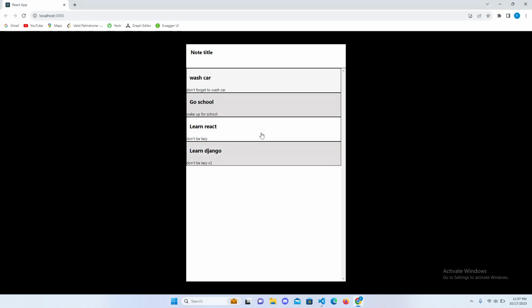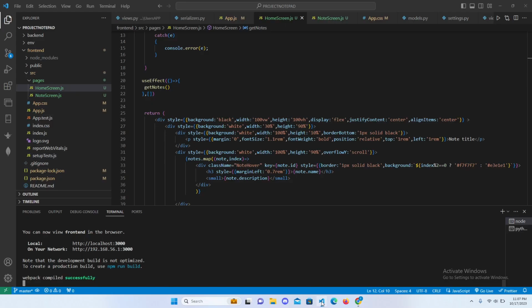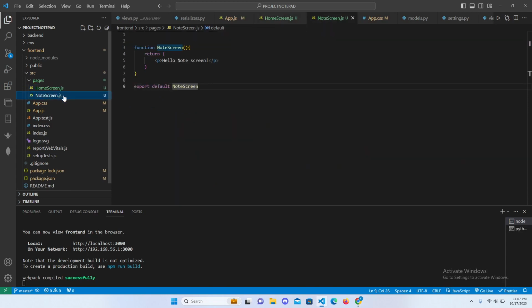Firstly, we have the notes. I want to have the possibility to click on it. So if I click on wash car, I want to go to another page where I can see the entire title and the entire description and maybe the date and time or something like that. So how can we do this? If you remember, we have two screens, home screen and note screen, which is